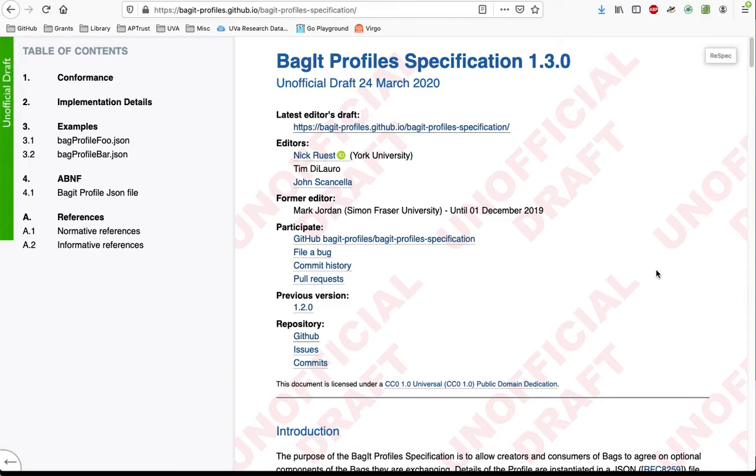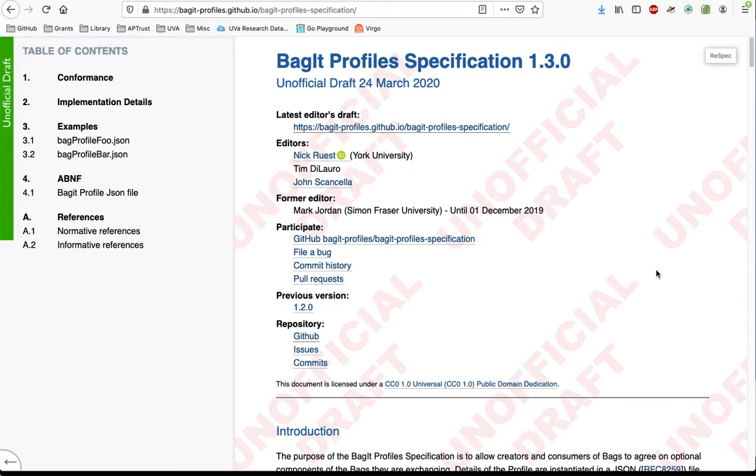BagIt profiles get a little more specific than that, in saying that a valid bag, according to a certain profile, must use one of a set of digest algorithms. It can specify which are permitted and which are not.